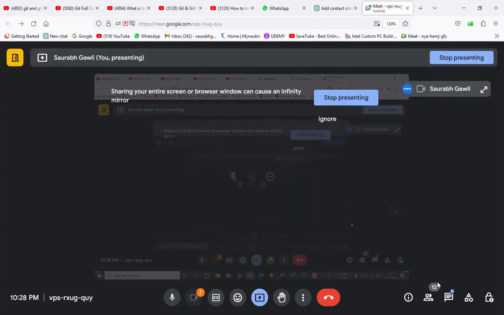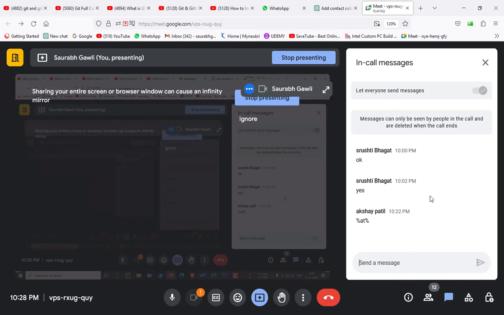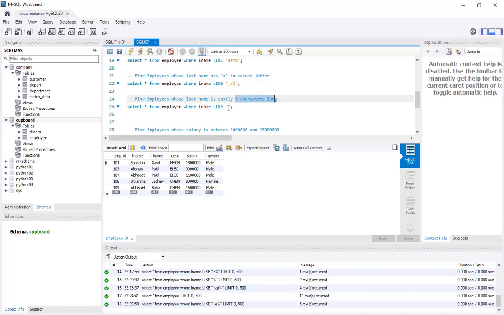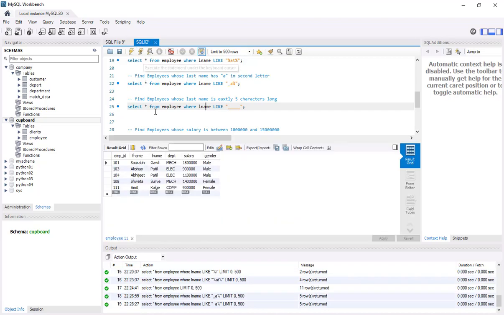Perfect. See, what will I write? I will write 5 characters here: 1, 2, 3, 4, 5 underscores, which means it will be 5 characters long. Now if I run this query, what am I getting? Last names which are exactly 5 letters. See,